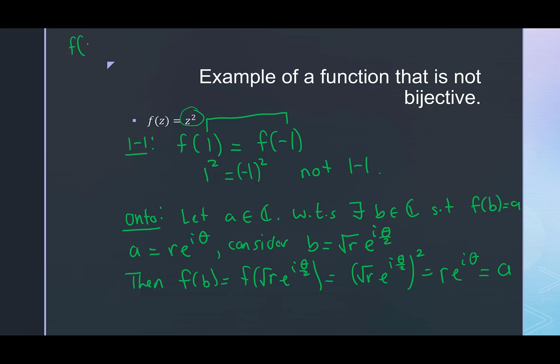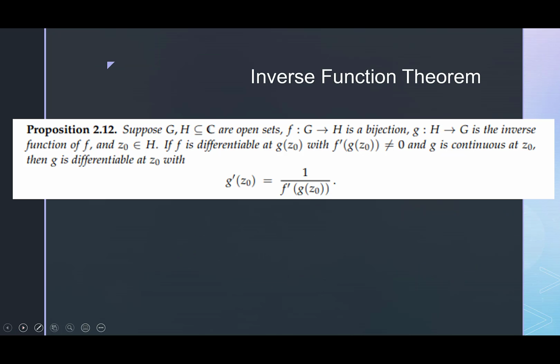Now, really quick, if you're curious, what is a function that is bijective? We'll see some examples later, but I'm just going to give you a really easy example. f of z equal to z would be an example of a bijective function. Remember the identity function? I'll let you prove that on your own. So there do exist bijective complex functions, and we'll see more later.